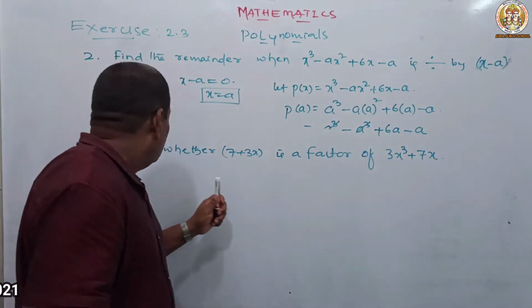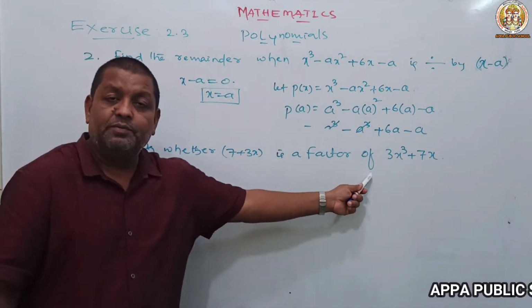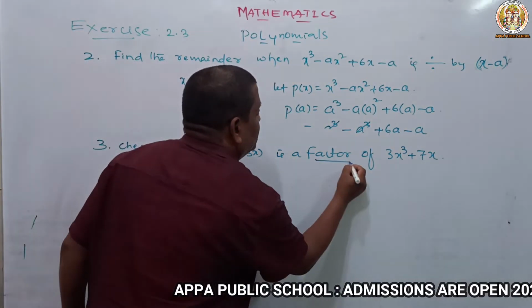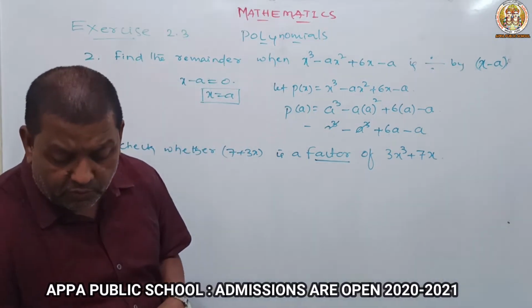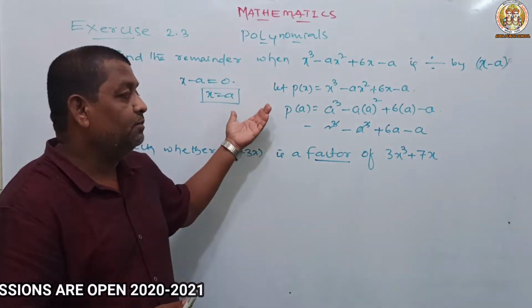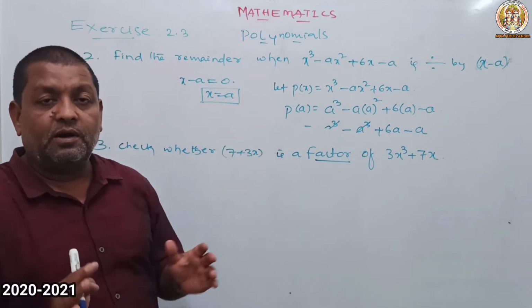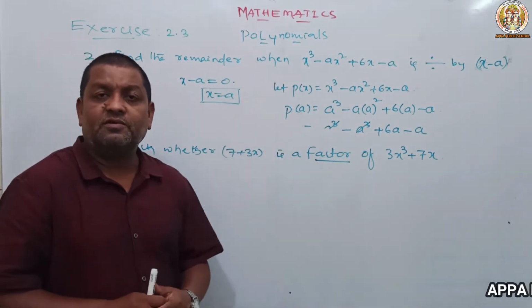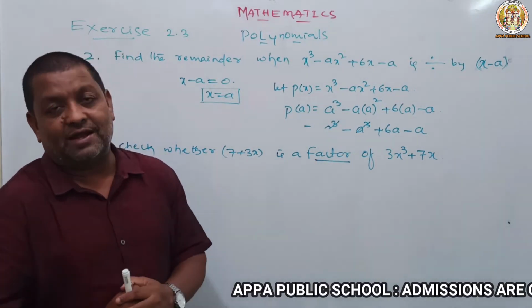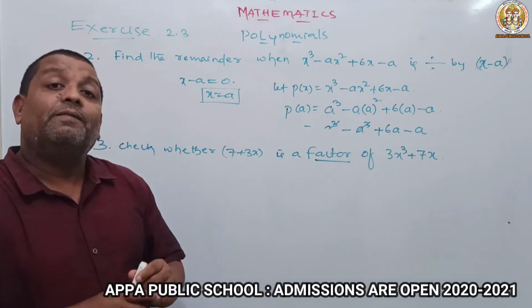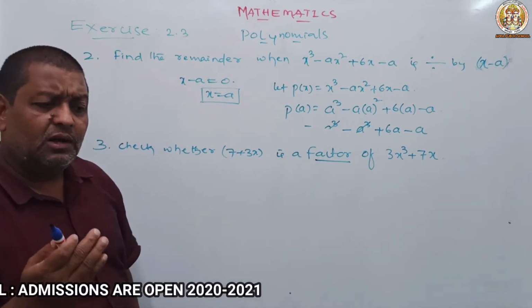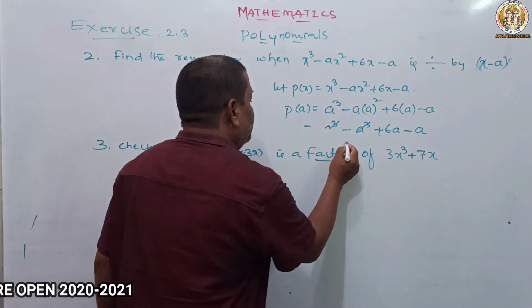So he gave one small example to understand about the factor, before going to the factor theorem. So we completed now the remainder theorem. Depending upon the remainder theorem, we solved some sums. Now we are going to understand the meaning of factor. If you understood factor, then we can easily understand the factor theorem. So let me explain with one ordinary example. What do you mean by factor?